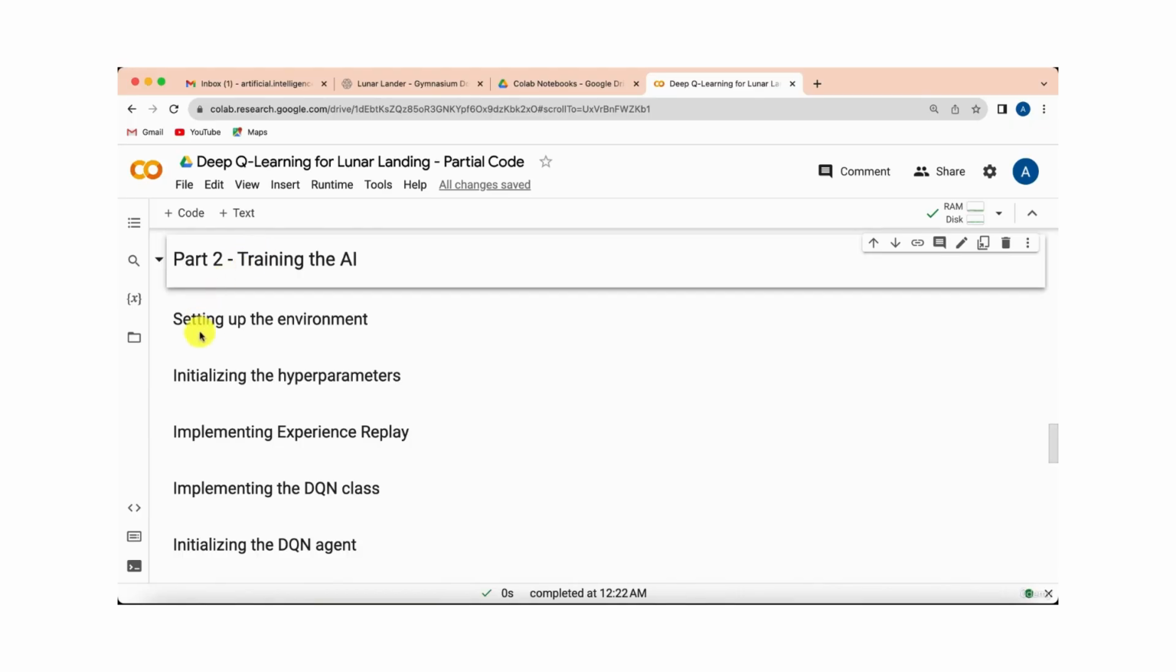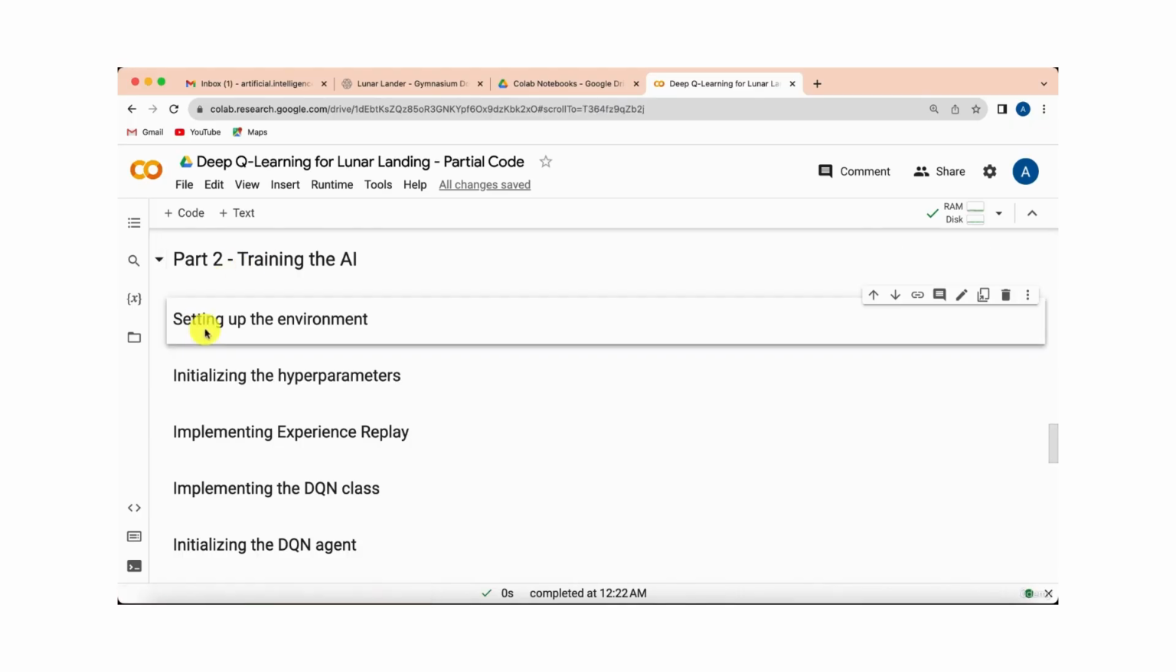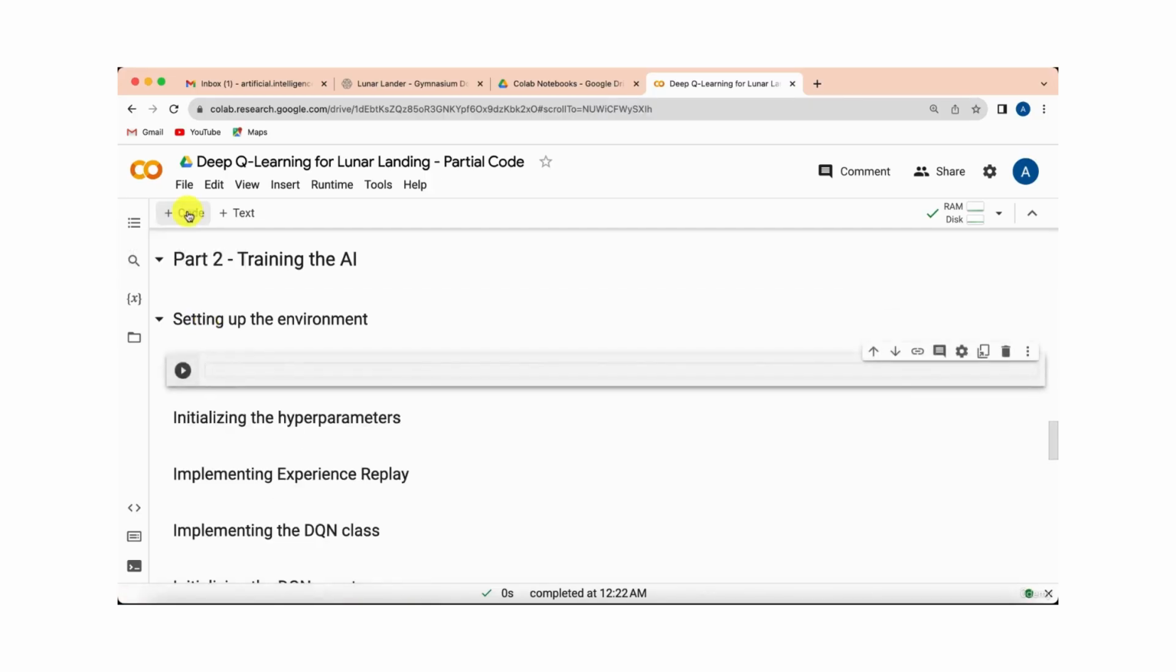And our first step here will be to set up the environment. That will be a very simple step. So here we go. Let's do this one in this tutorial. So we're gonna create a new code cell. And the first thing we're gonna do, of course, in order to set up the environment, first we have to